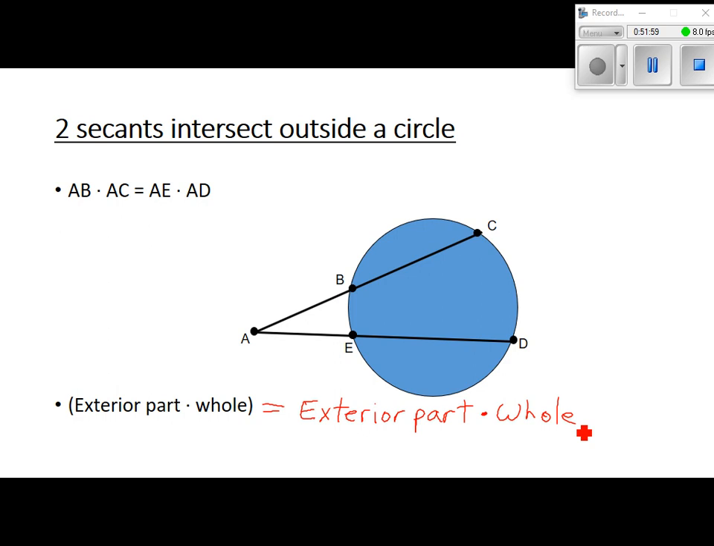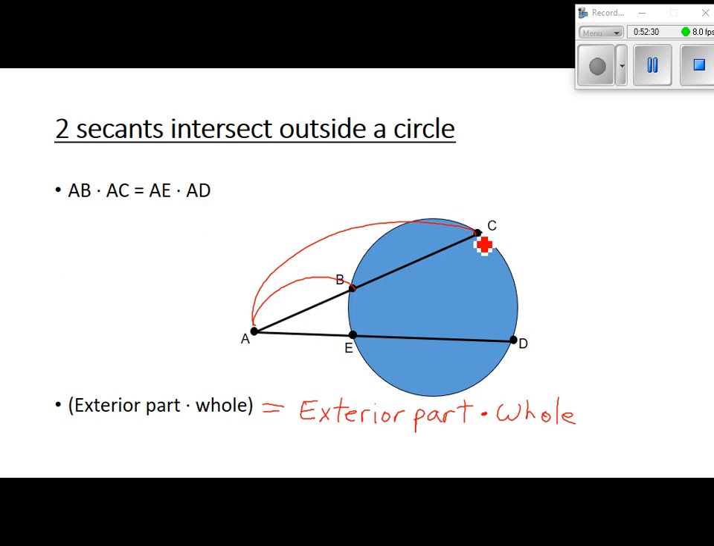So the reason this one's a little tougher, notice these are secants. Remember secants? They just go through the circle. They come from the same point out here, but they go through the circle. A secant has a part that's outside the circle, then it has a part inside the circle. What we want is the part outside the circle and the entire thing. So the exterior part